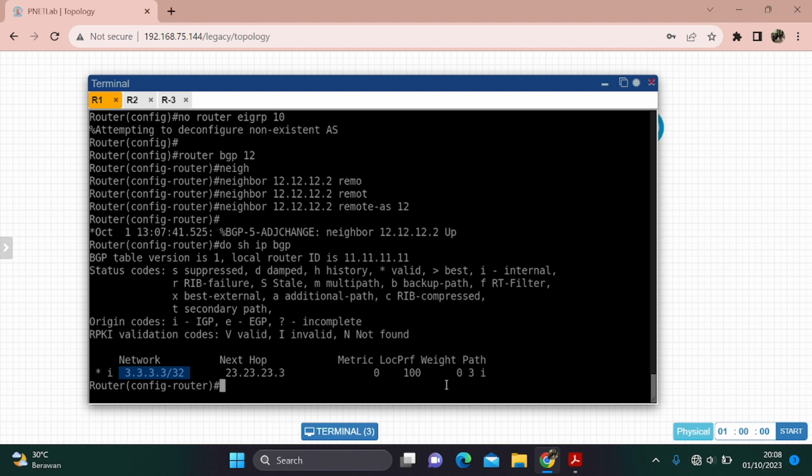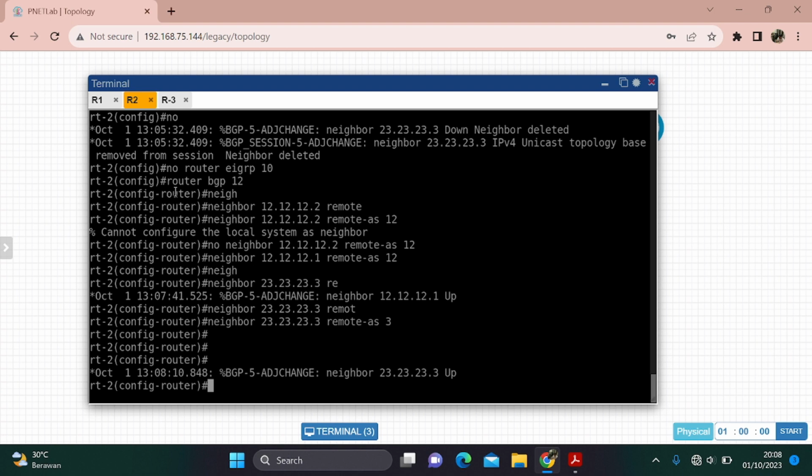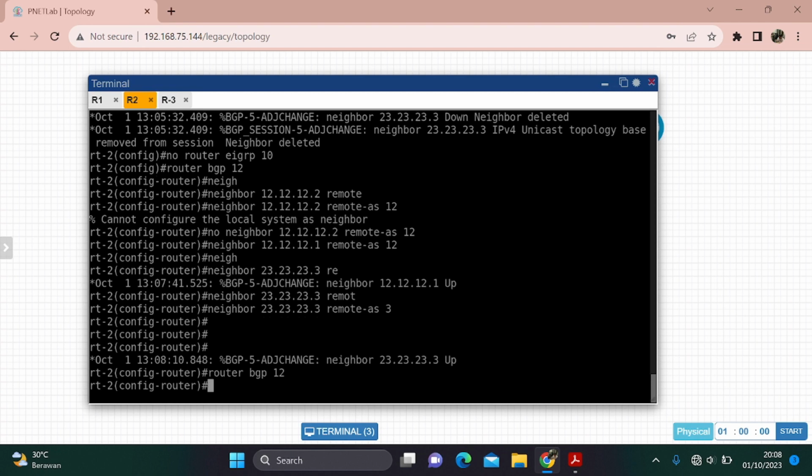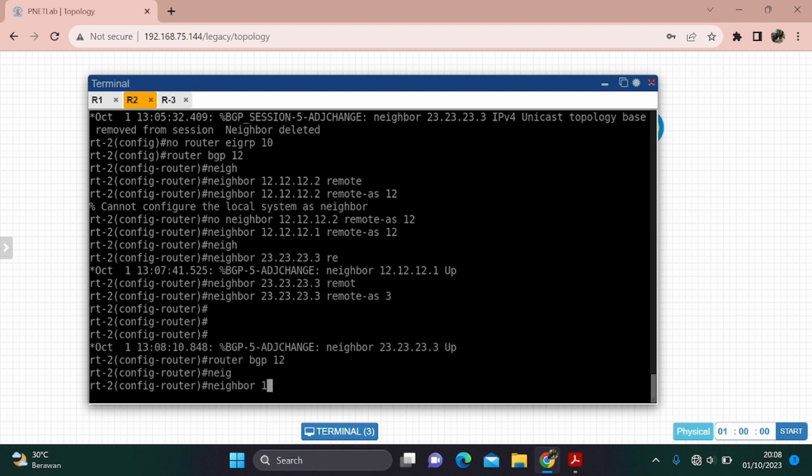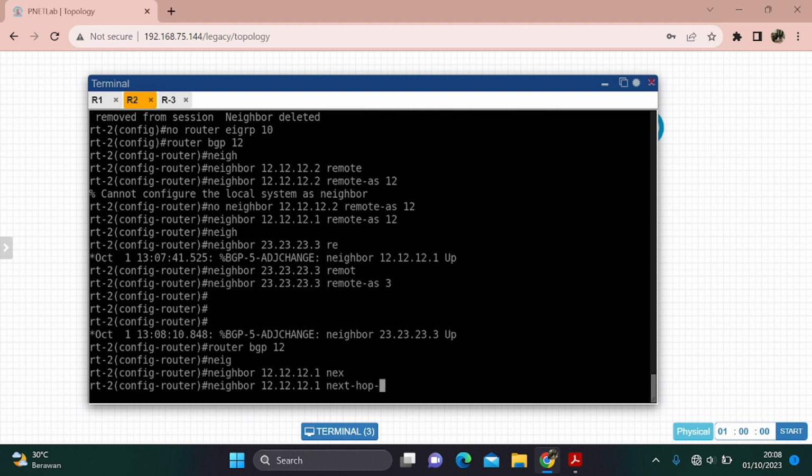And then after that, in router 2 we'll add router BGP 12, and then neighbor 12.1.1.1 next hop, next hop self.